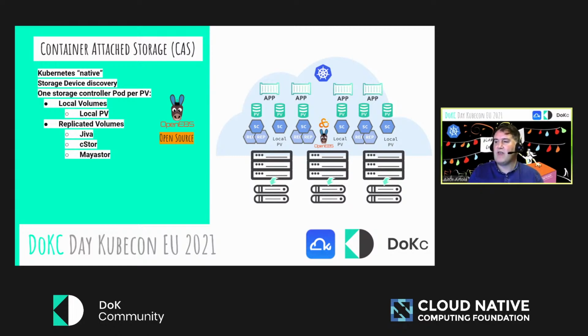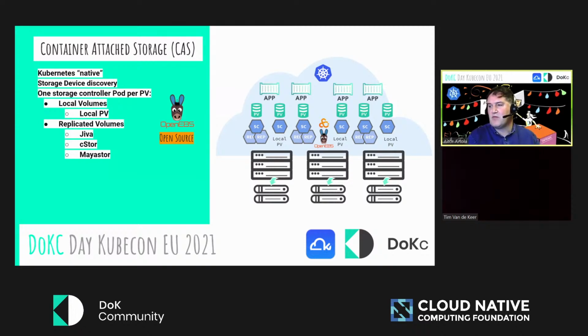So I think with an example, this could be understood better. So take, for example, Kafka. Kafka has built-in replication capabilities. So Kafka wouldn't require a storage system to provide any replication. Instead, in order to get the best performance, you would prefer to have something like data locality, which means that the application or Kafka broker would be running in the same node as the storage device where the volume is located. So in that case, for Kafka, you would request OpenEBS to provide a storage controller pod that manages local